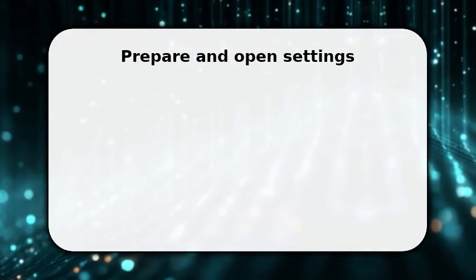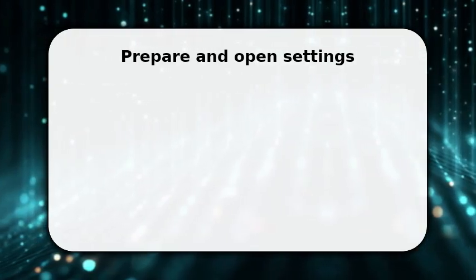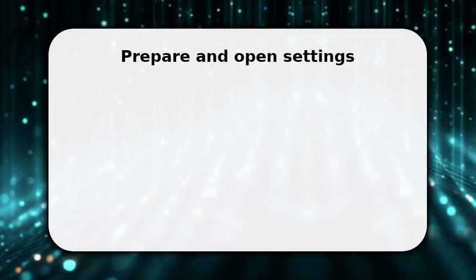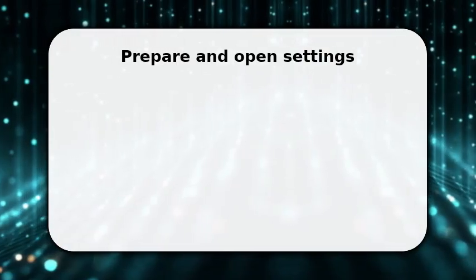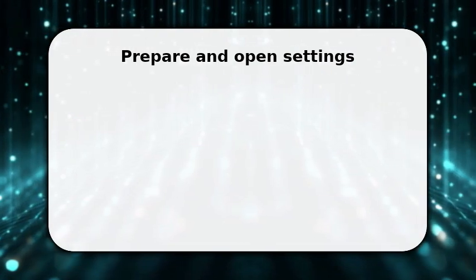Tap the input method or on-screen keyboard entry. You're about to see a list of installed keyboards. Make sure you don't close Settings mid-process. Keep it on screen. Once you're in Input Options, go to On-Screen Keyboard and then Manage Keyboards to see toggles